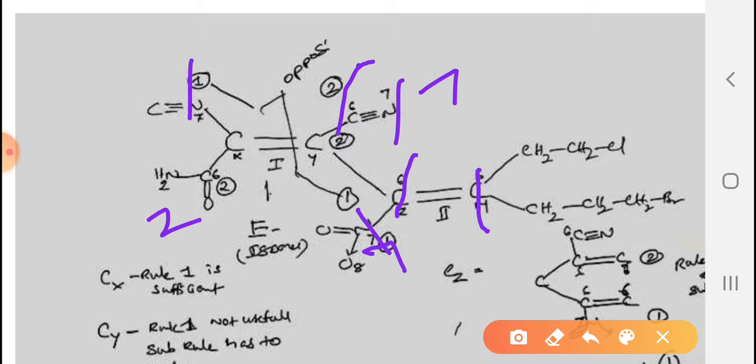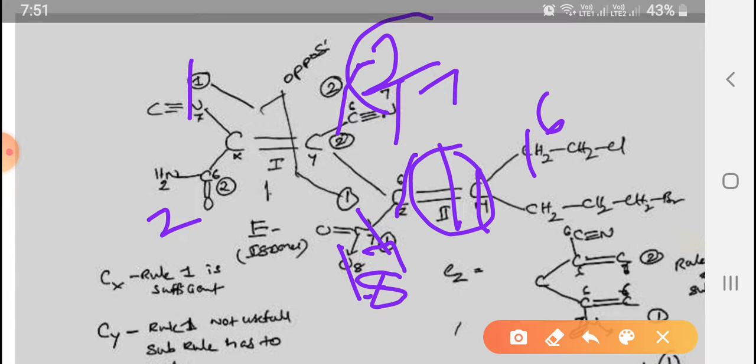Exhausted. And go to the next atom. Next atom it is O, 8. It's C, 6. Means 8 is more here. Hence this is the first priority. This is the second priority.